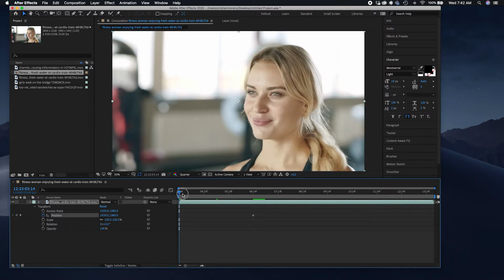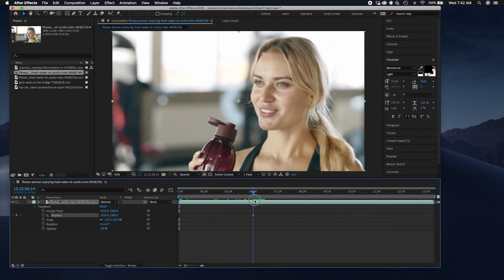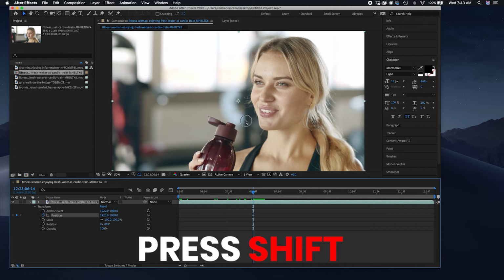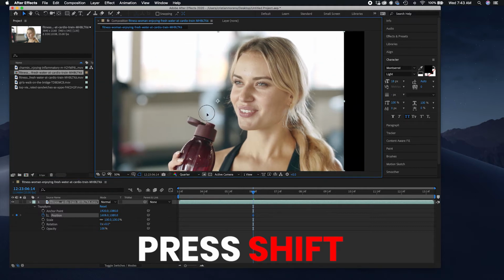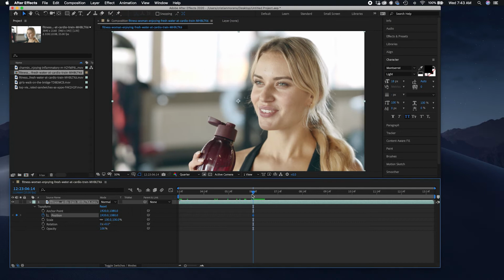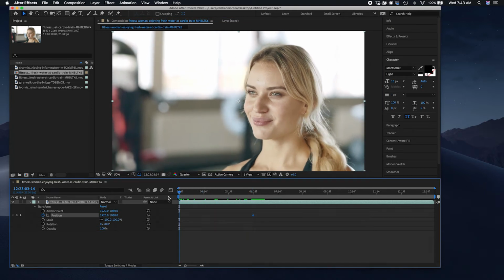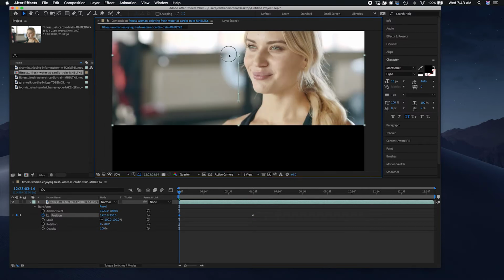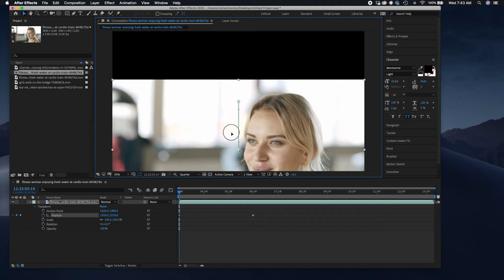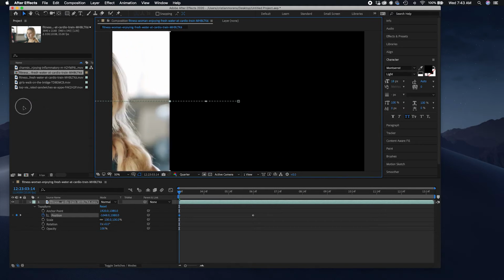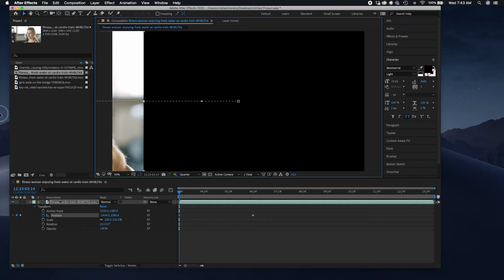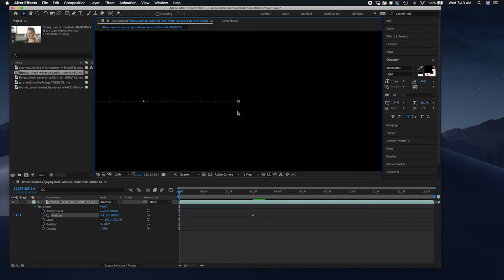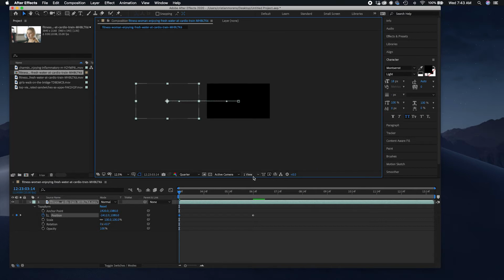So let's do this. We're gonna start here, and then we're gonna press shift so that will make an even path, so it will look straight. So hold shift and then move. And the same thing if you want to go up and down, you see it's really straight. Just by holding shift, we make sure it's straight, right? Cool. Okay, so now let's press this,